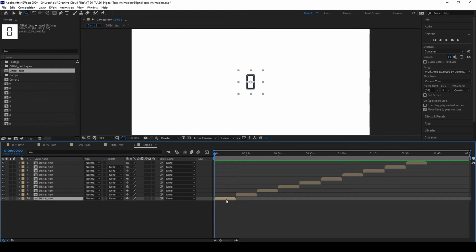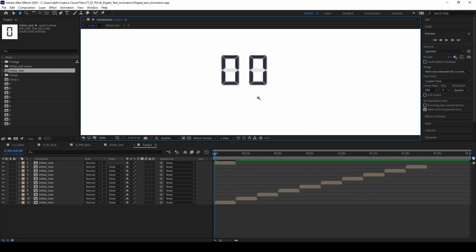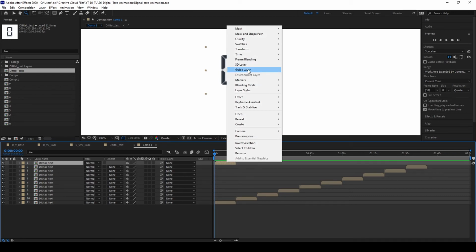Now I just want to copy this, Control D, and take it to the end. Now we need to give time remapping to this.